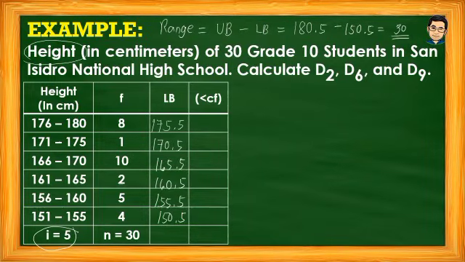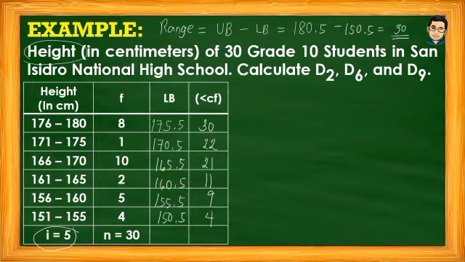Next, the less than cumulative frequency here. So, mag-i-start tayo sa pinakababa. So, yung frequency ng 151 to 155, that is 4. So, yun po yung susulat natin doon. 4. And then, mag-a-add tayo pataas hanggang makarating tayo sa pinaka-itaas doon sa 176 to 180. So 4 plus 5, that is 9, plus 2, 11, plus 10, 21, plus 1, 22, then plus 8,